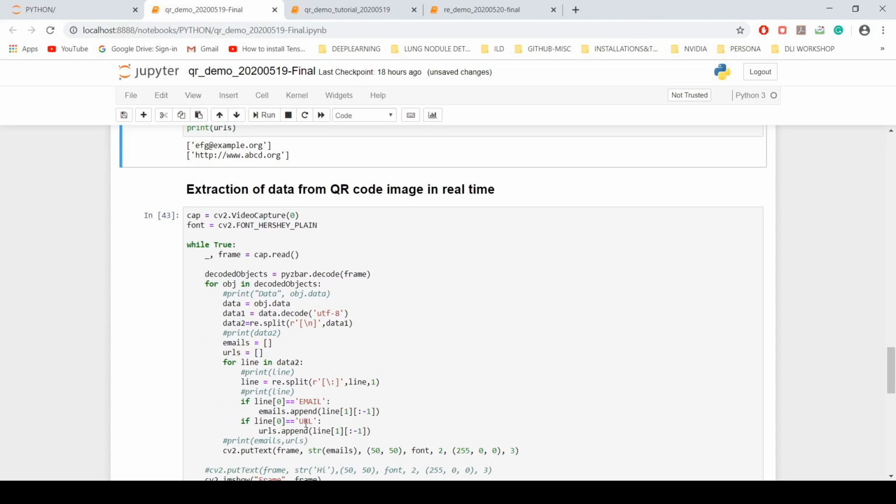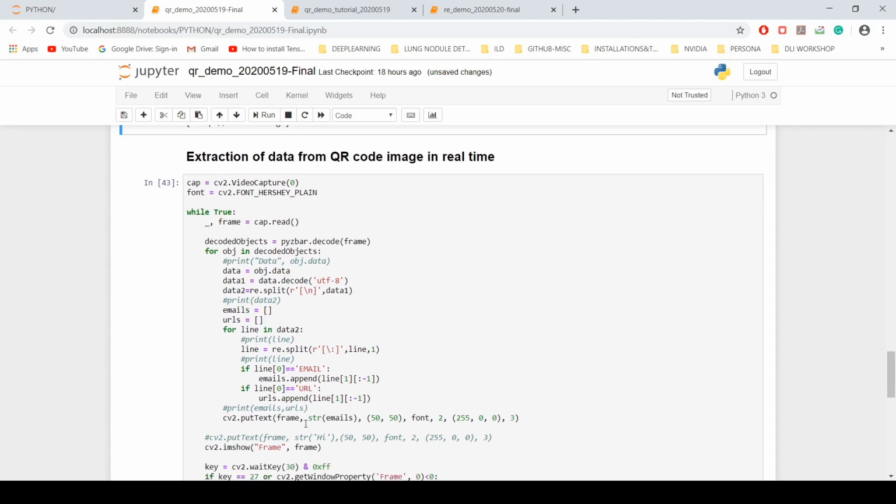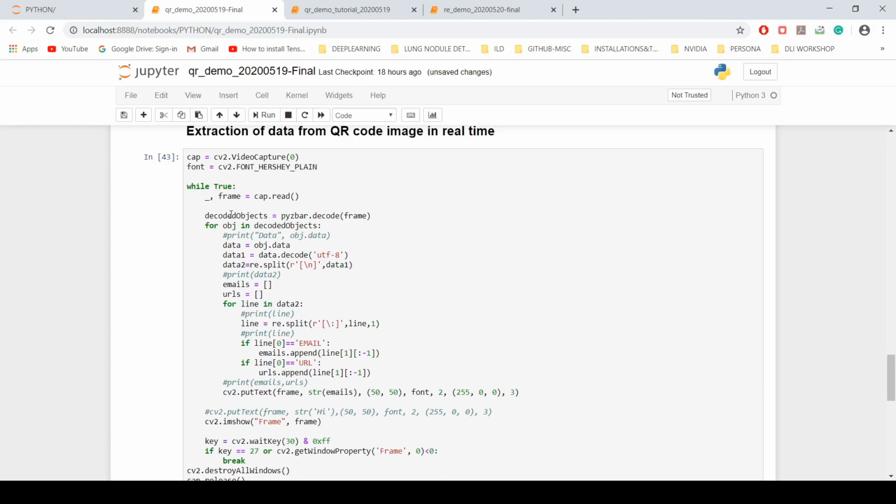Now let us see, this is another interesting part of this session where we want to do it in real time. We want to extract the information present in QR code in real time, and this is how it can be done. So CV2 library, OpenCV library is useful in this scenario.